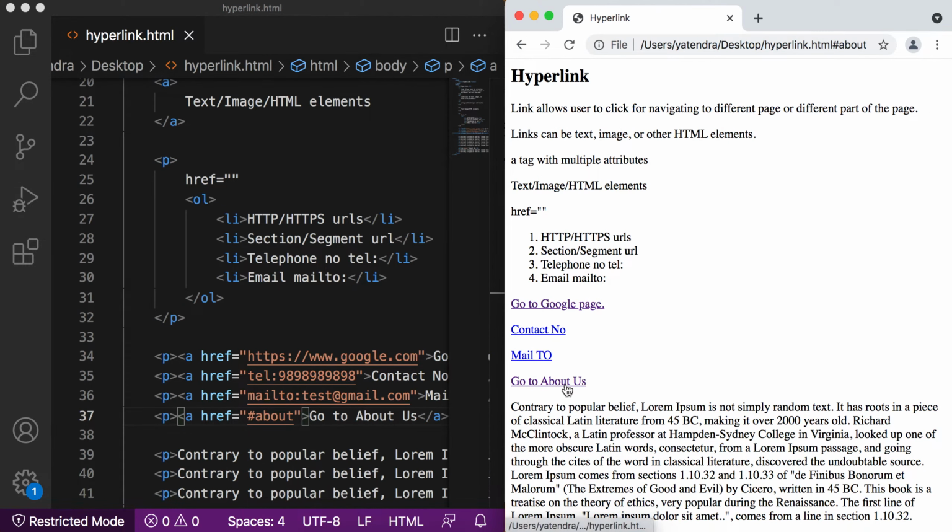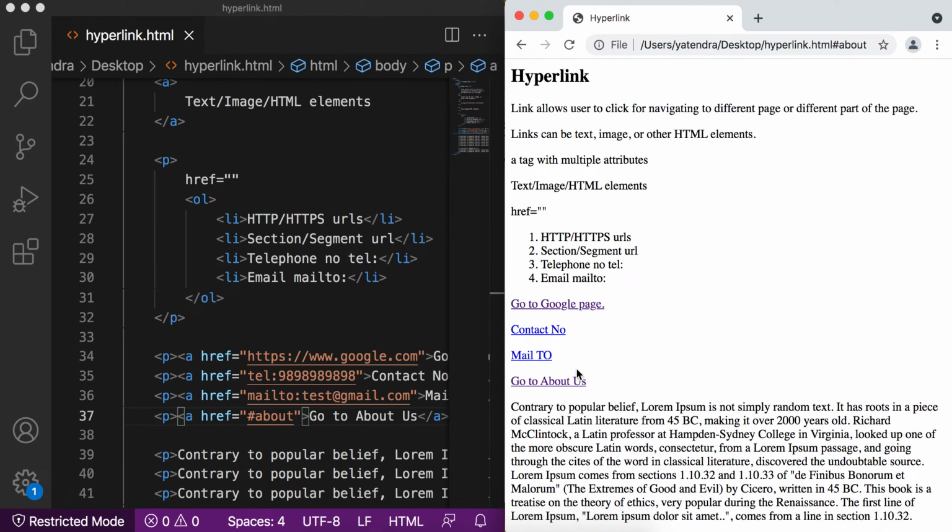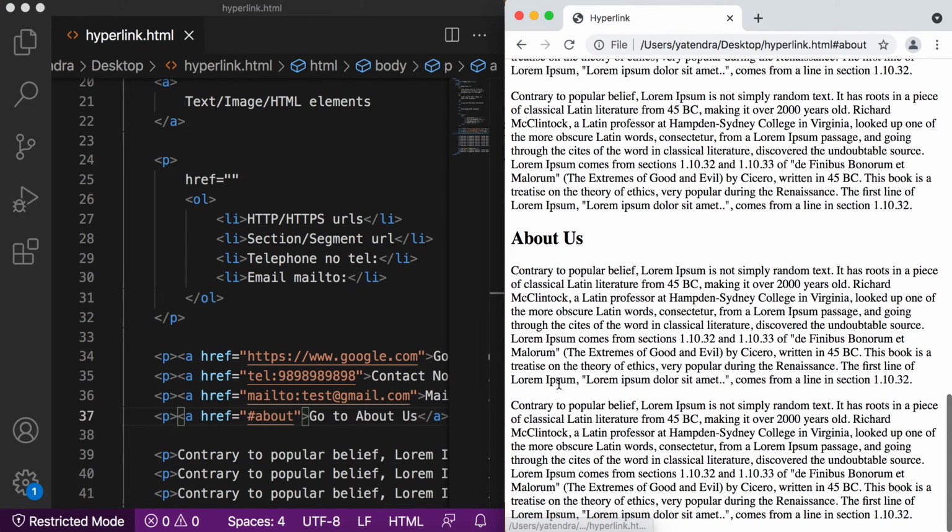Again, see. Okay, so this way, if you are creating single page applications where multiple sections are added onto the single page, then by use of this segment navigation you can go to different sections.